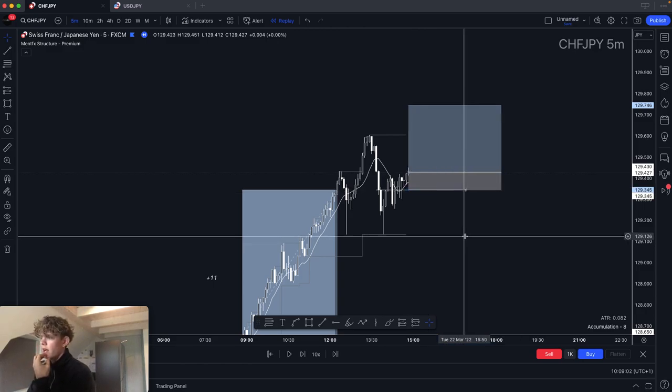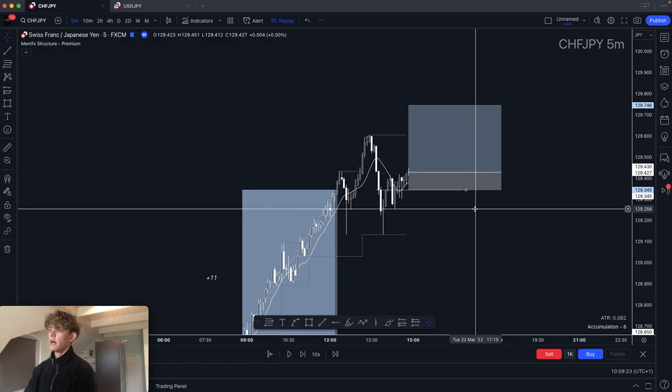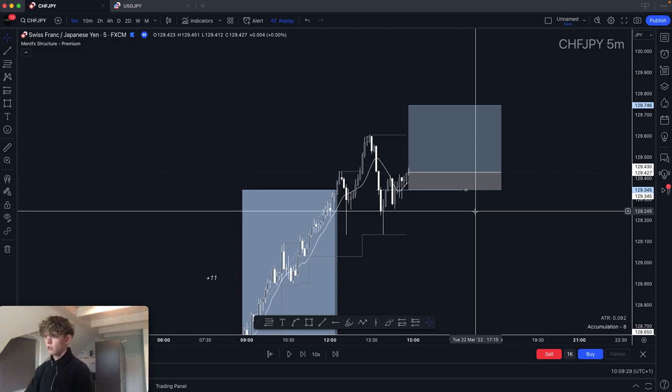Another rule that I have about the ATR. The ATR is basically the minimum of pips I can have my stop loss on. I can't go below the ATR. If ATR says 8.2, I can't go on 6 pips because my ATR says 8.2. I can always do more if the context is allowing it, but I can never do less. So yeah,